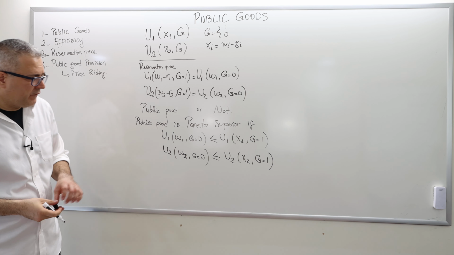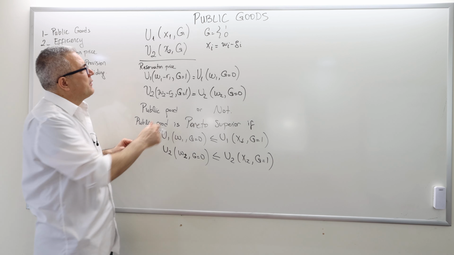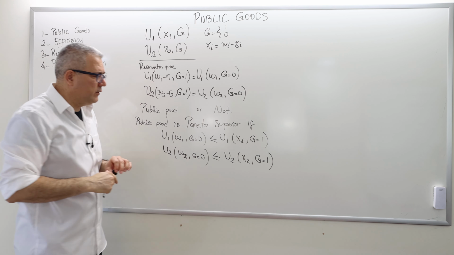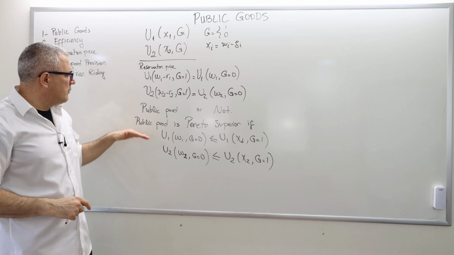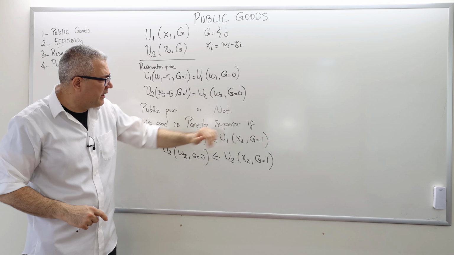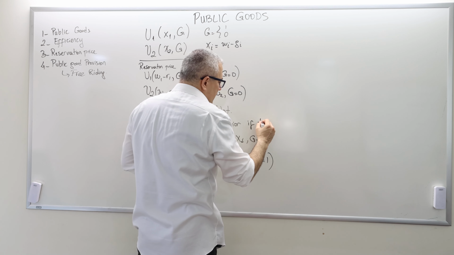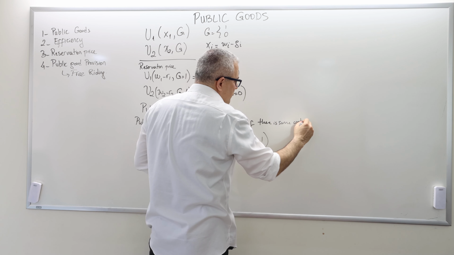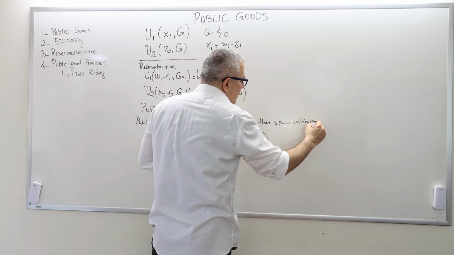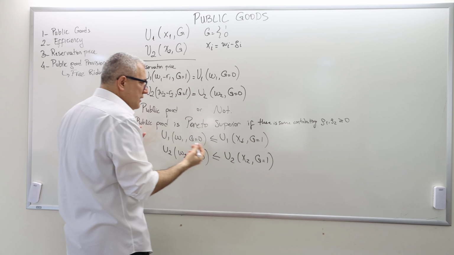So her private consumption is X2, which is, remember, less than or equal to W2, depending on G2. So the public good is Pareto superior if there is some contribution G1, G2 greater than or equal to 0, such that